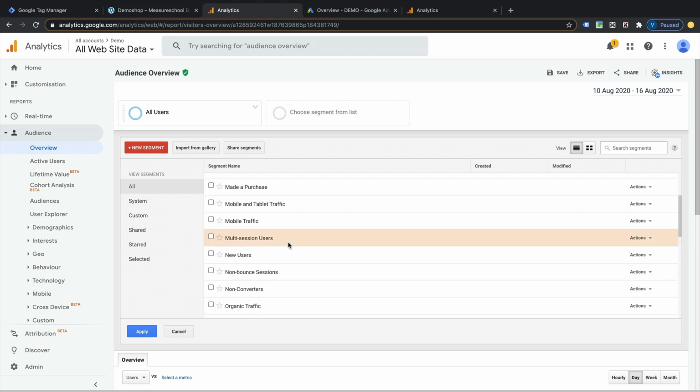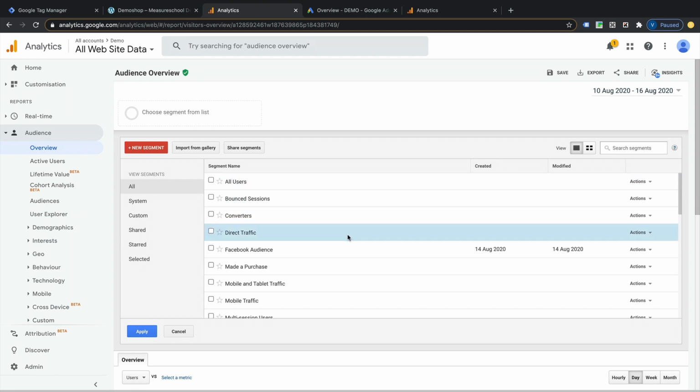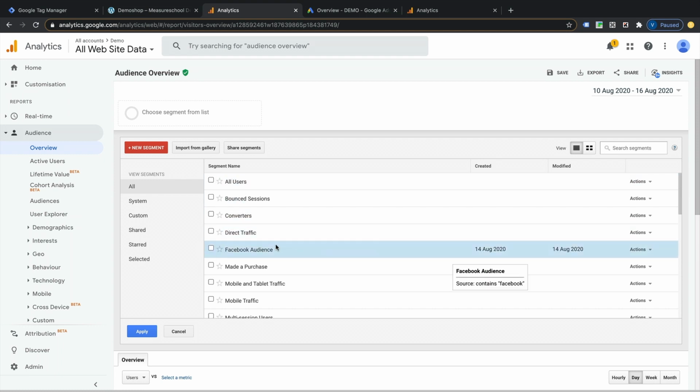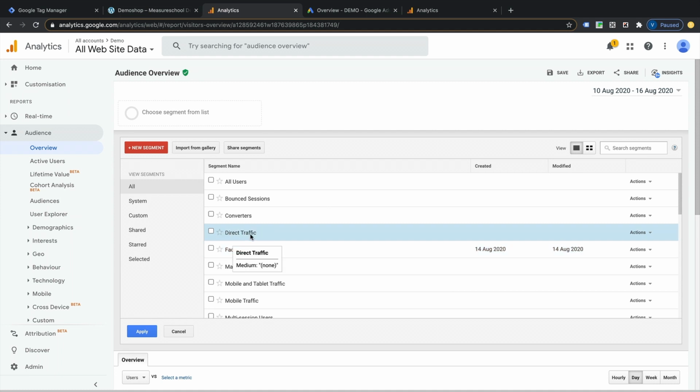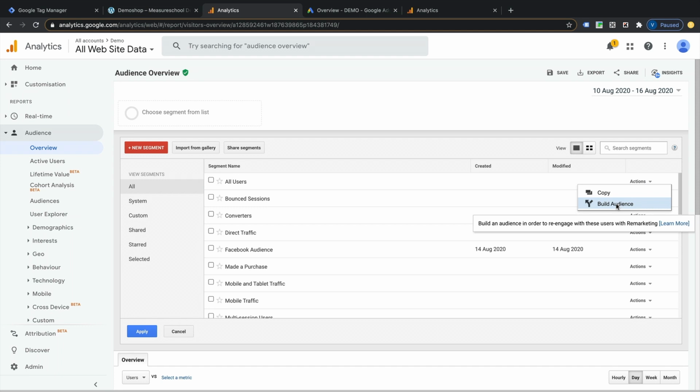And these can be really useful when it comes to setting up remarketing audiences in Google Analytics. So we might want to have, say, something specifically came from a Facebook audience or a direct audience, or in fact, just all users. So if you have an audience here that you'd like to use, come over, click Actions, and just click Build Audience.